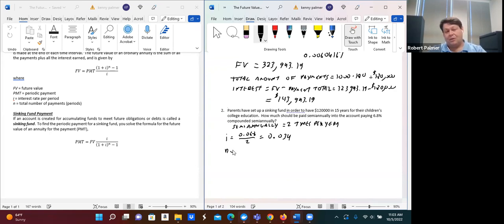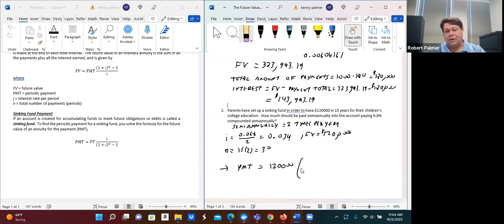Then our N is going to be our number of total payments, the same as the number of total compounding periods. So it's 15 years times 2, twice a year, which is 30. Okay. So if we plug all this in, we also need our future value. Our future value, of course, is $120,000. So that's the goal we're trying to get. The question is, what payment do I need semi-annually, or twice a year, to make that happen? So we plug this in. Our future value is $120,000 times